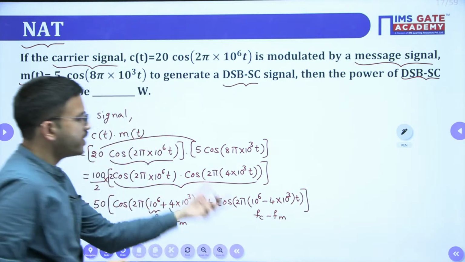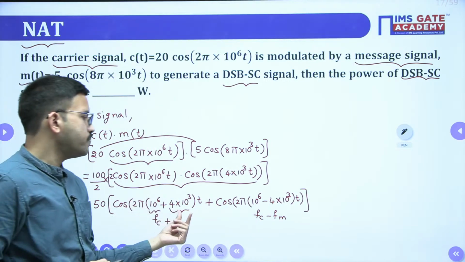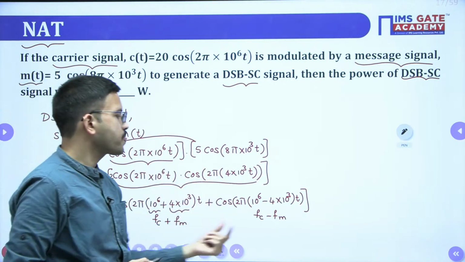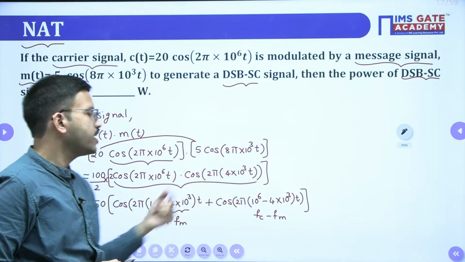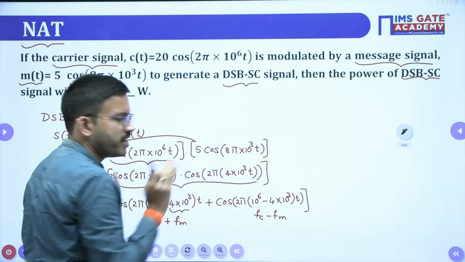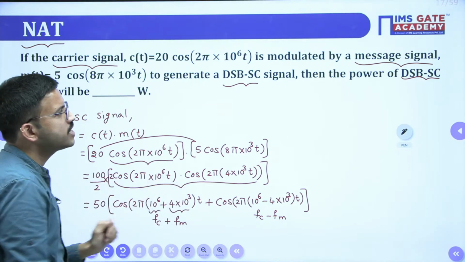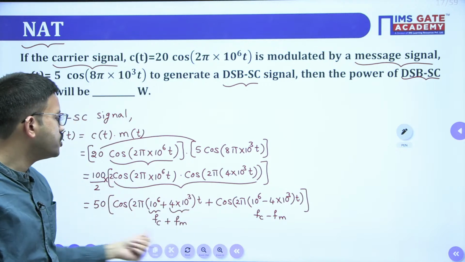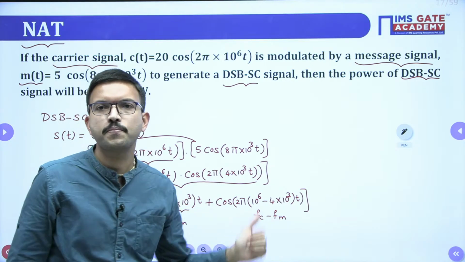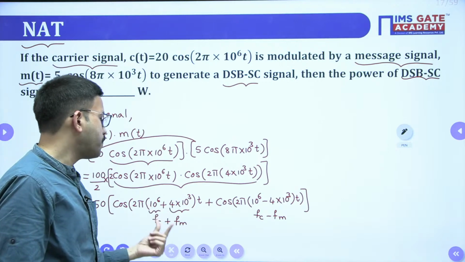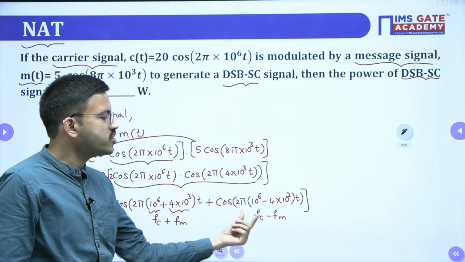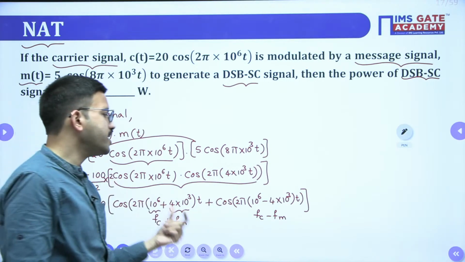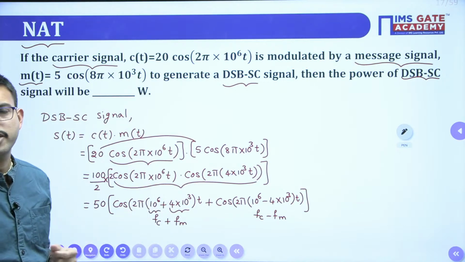Now if you observe this particular equation, FC is the carrier frequency, FC plus FM is the upper sideband and FC minus FM is the lower sideband, right? So that means here you are getting only the sidebands. You are getting both the sidebands, but whether you are getting any carrier component regarding the FC component, do you have any signal? All of you please respond. Here you are getting the upper sideband frequency component and the lower sideband frequency component regarding those magnitudes, or whether we are getting any magnitude regarding the frequency component FC.